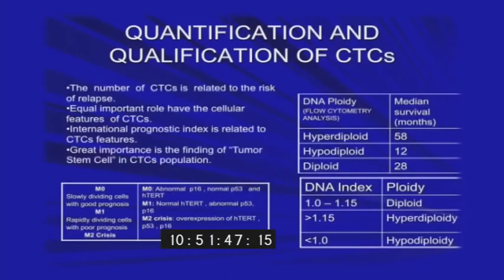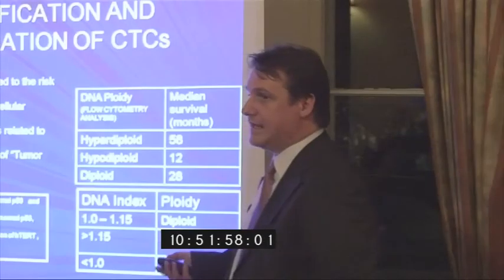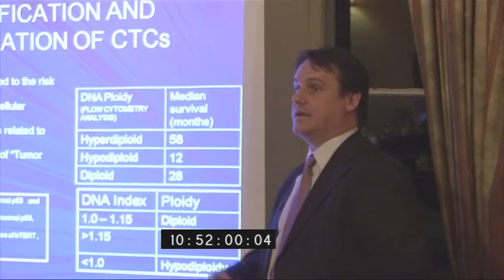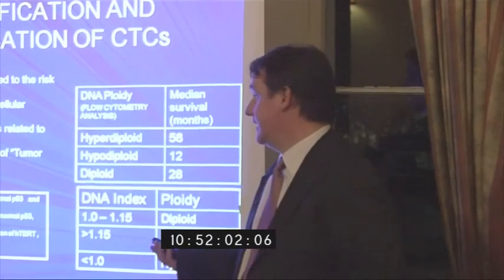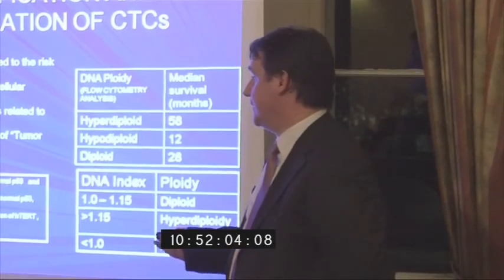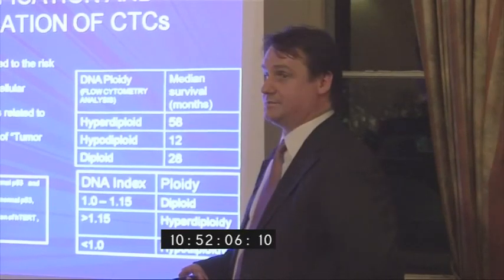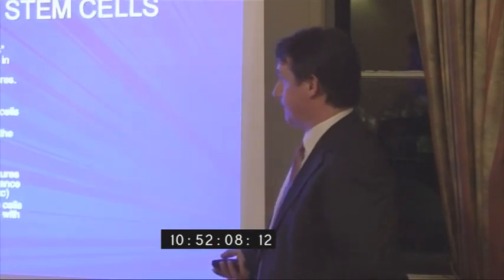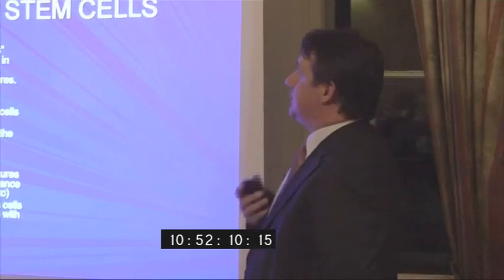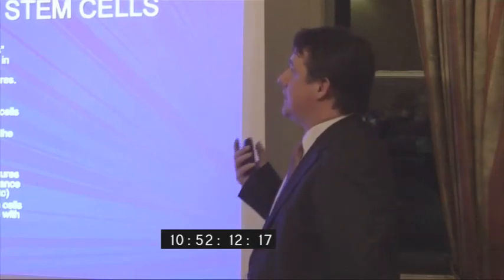And of course, the circulating tumor cells can be divided into M0, M1, and M2 crisis according to specific abnormalities of specific genes, which are mainly involved in regulation of the cell cycle and immortalization of the cell, like P16, P53, and human telomerase. So let's see what we know about the